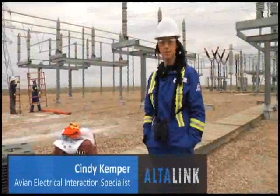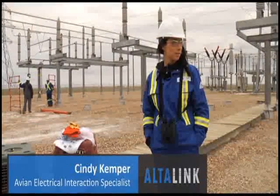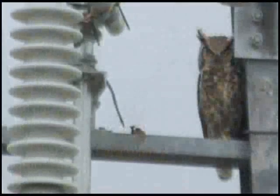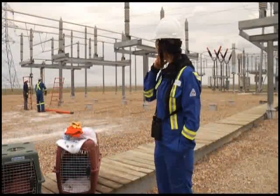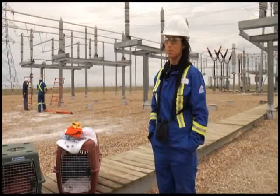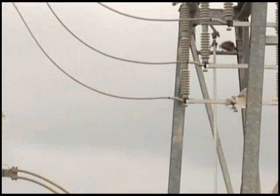So we're here at 275S Denner and AltaLink Substation, and we're here today because a pair of great horned owls, which is our provincial bird, have taken up a nesting site here in the substation. It's just behind us here, and basically when the young fledge out of the nest, which should happen probably in the next week or so, they're on the ground for a little bit trying to learn how to fly, and